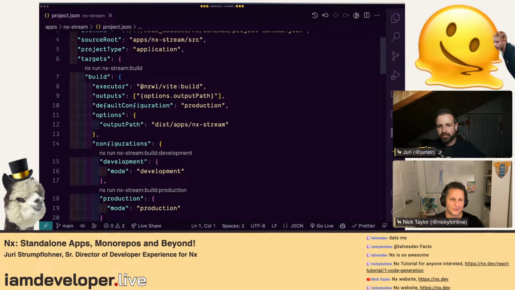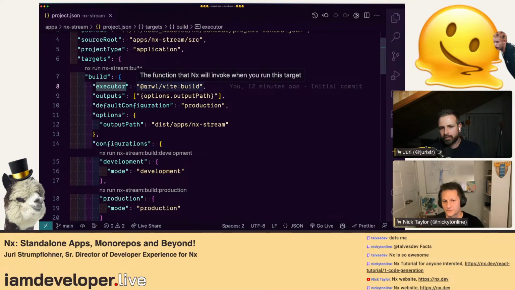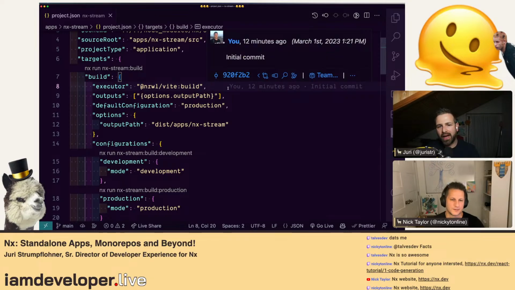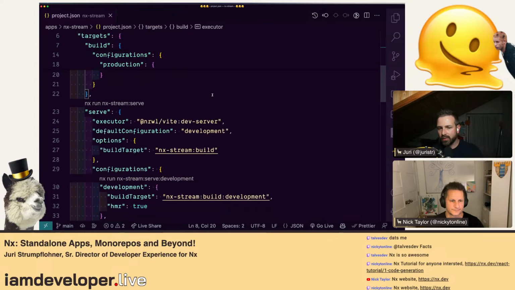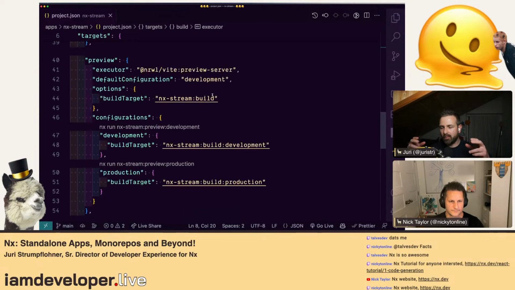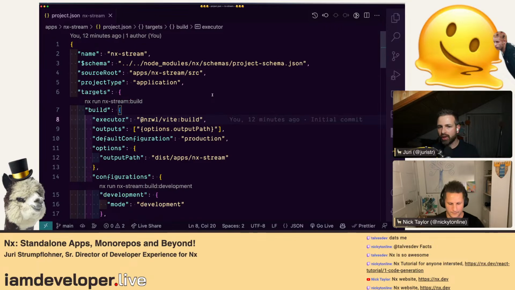Okay. And looking at the things here, like you said, the executors are kind of like traditional npm scripts. Is this considered an npm package, like a scoped package? If you look up the package.json at the very root of the project, you will see there is nx/vite, which is one of the so-called plugins that Nx can be used with.